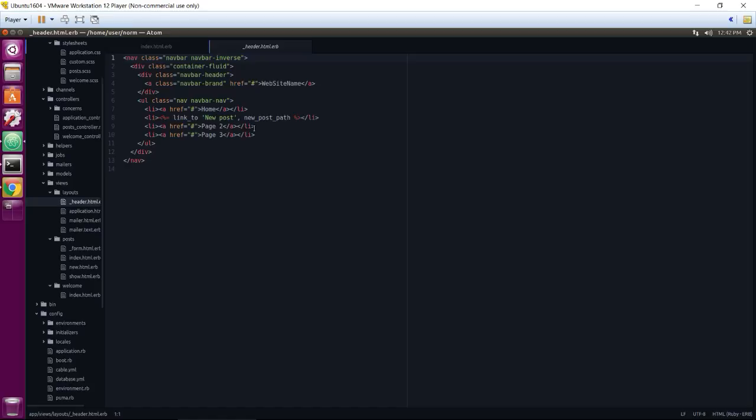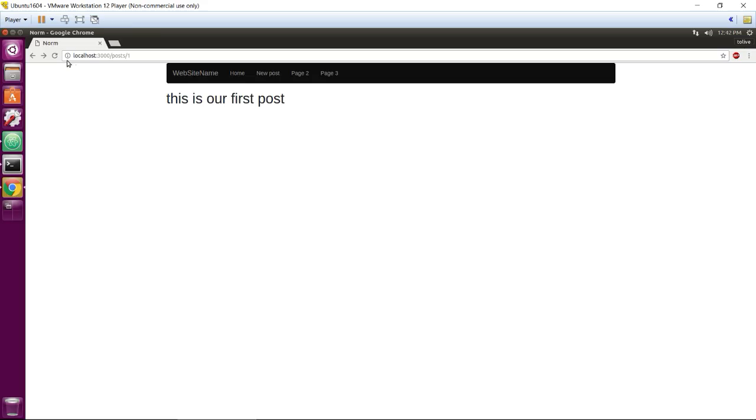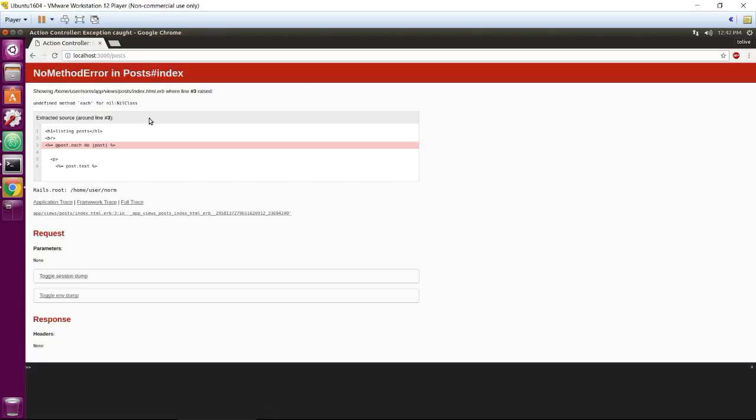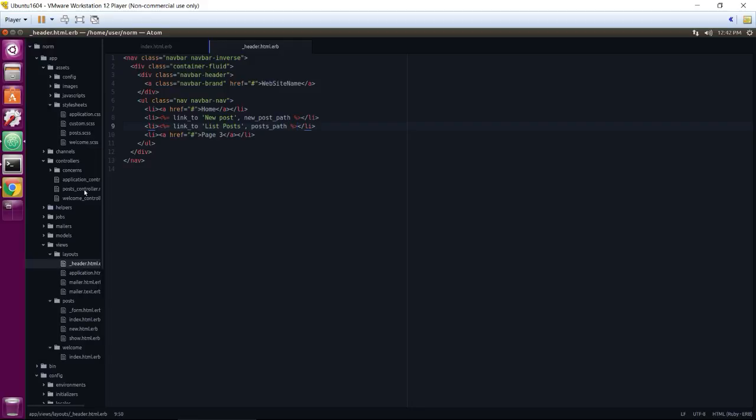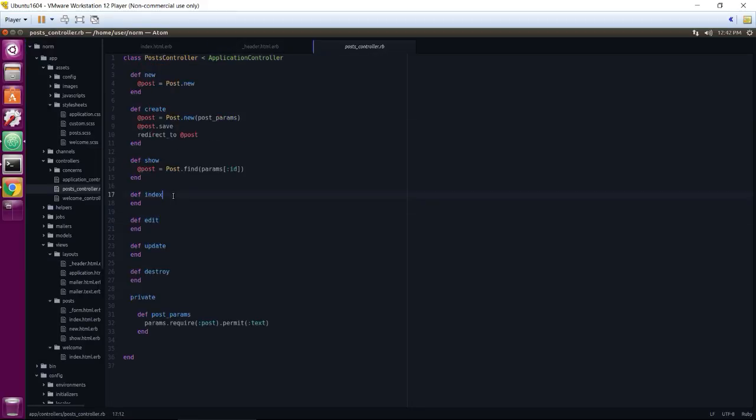So in our header, we need to give some navigation to our list. So link to list posts, and this is post path. Let's refresh the page and see if our list post works. Oh, it said undefined method each. Interesting. Now in our index, we need to make